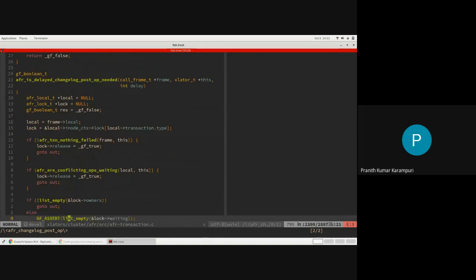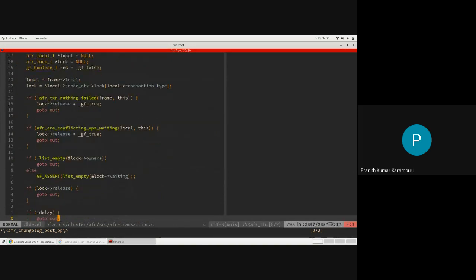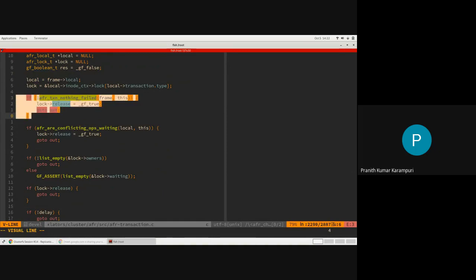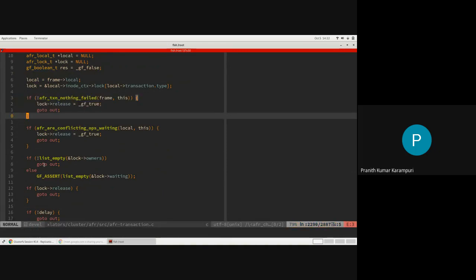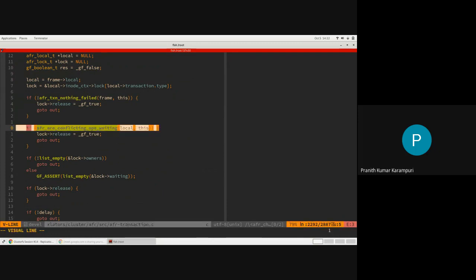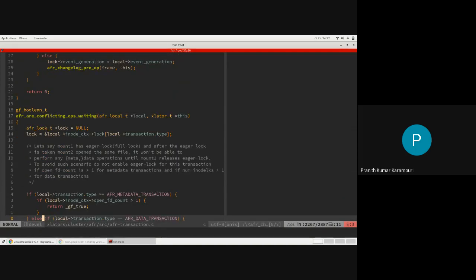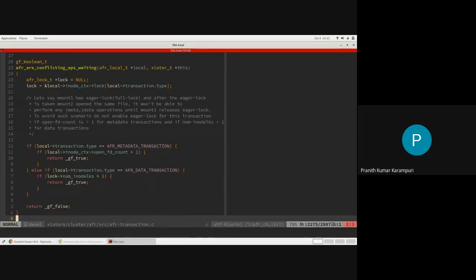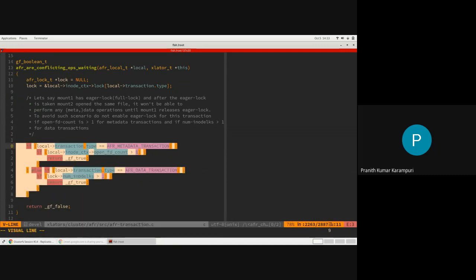So these are all cases where we can't do the optimization. If the operation fails at some point, you are not going to use the optimizations. If there are conflicting operations waiting, then also you have to do the release. This is where you have some other client waiting on this operation to complete, which is gathered in the operation with the transaction.